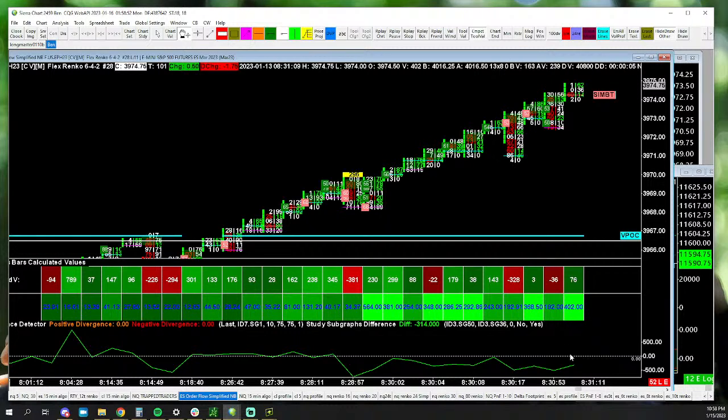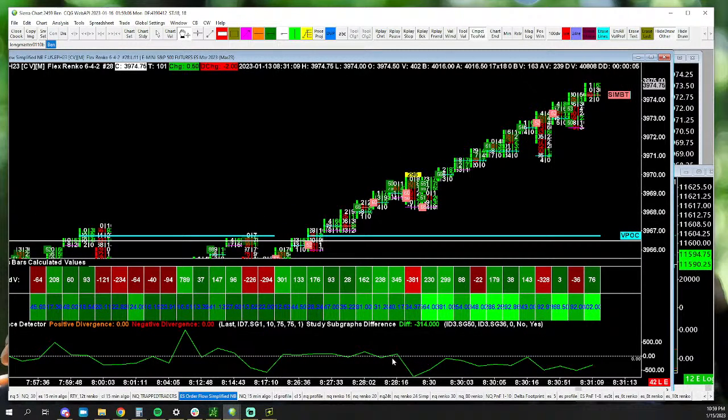So it's all hyper fast. Oh, this is the open. That's why. So it's super, super fast. And yet there's not a lot of buyer aggression. So this is a squeeze. That's a squeeze. So we want to go back to where this started. Where did this start? When they lost the zero line right there, right?